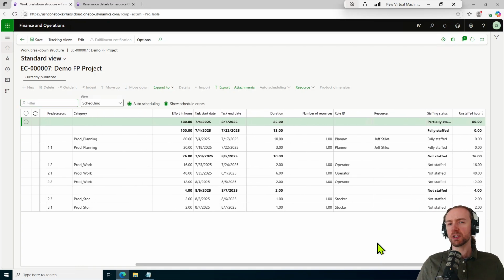And again, what's the point of assigning resources? The point is so that a resource can then go into their timesheet, choose this project and its associated tasks as work that has been performed by the resource, and enter the number of hours. Those hours then pull in the ledger costing and revenue accounts, and then post to this project as